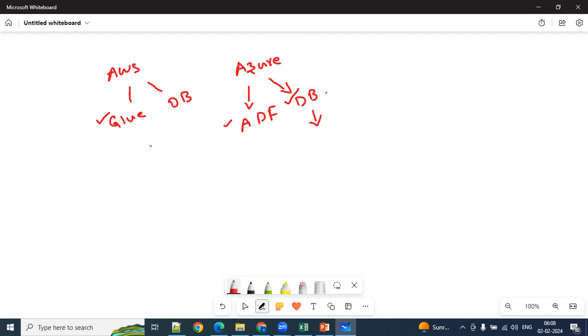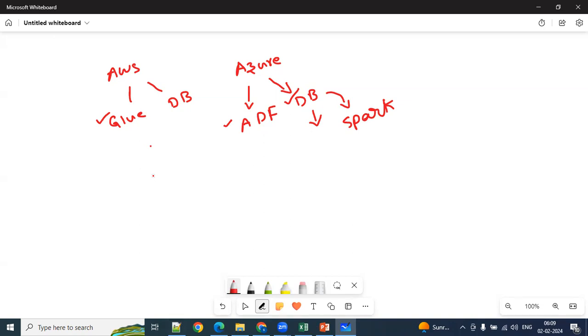Behind Databricks, they are using Spark. So why are they using Spark in the backend? Why only the Spark engine? Why not other engines here? Because you guys know nowadays the data generation is huge.